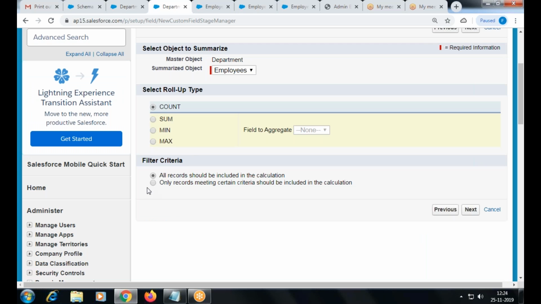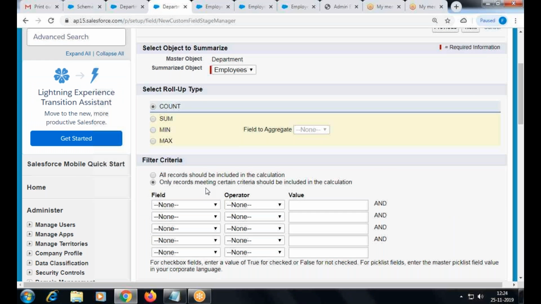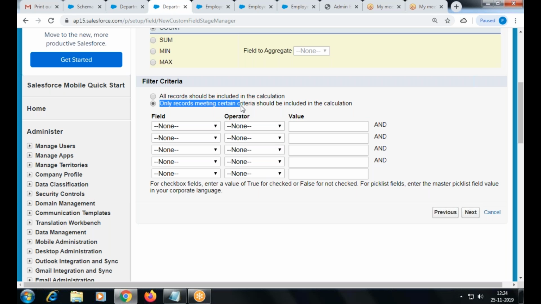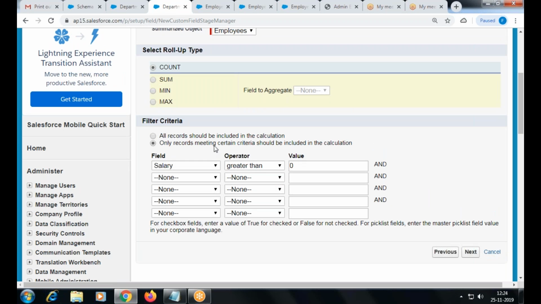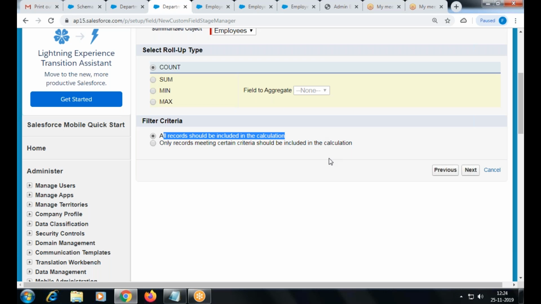So based on the condition you can go with only records meeting the criteria. Only if you have a salary greater than some amount, some salaried employees only I need to calculate. You can do that, or else go with all records, count it. Right?